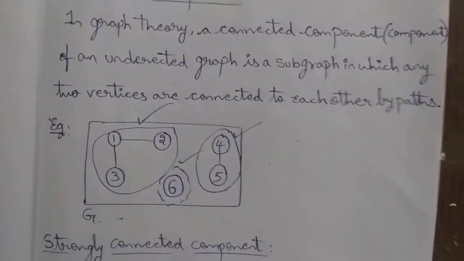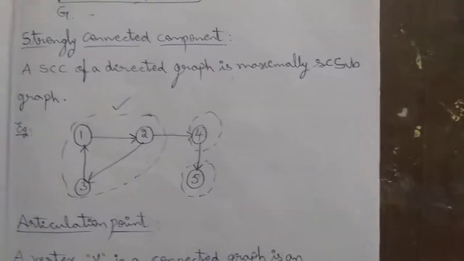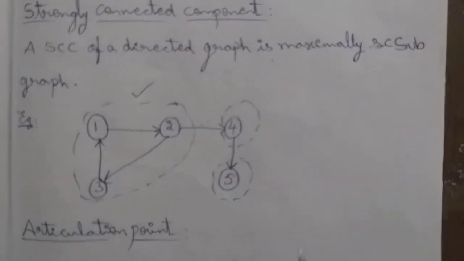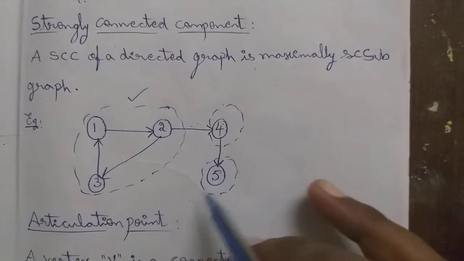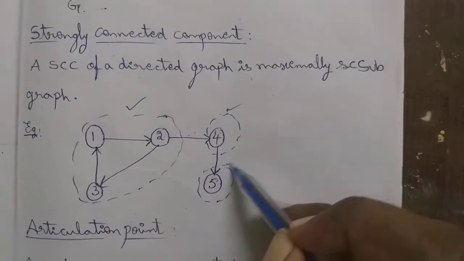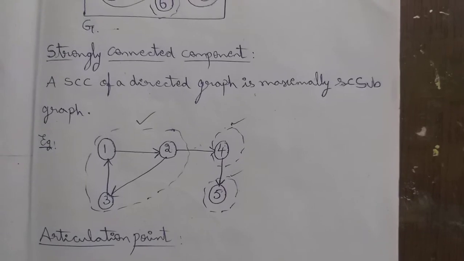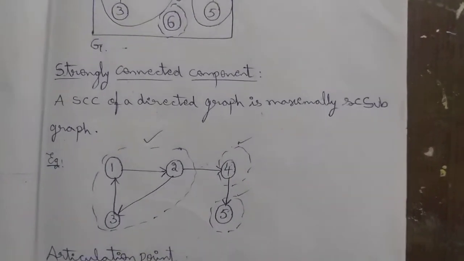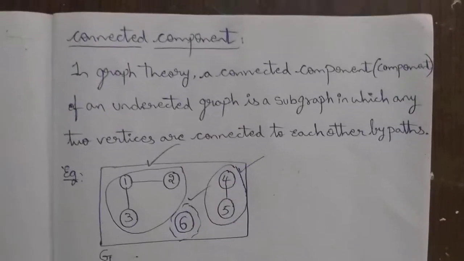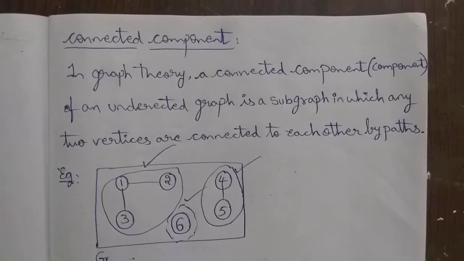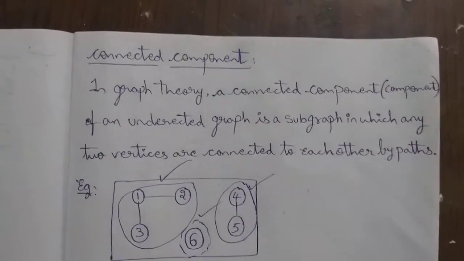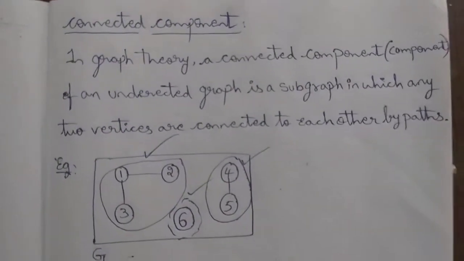Now this graph has 3 connected components. Similarly here also, in the strongly connected components, vertices 4 and 5 are strongly connected components. Therefore, in this graph we have 3 strongly connected components. Right? How do we find the connected components of a given graph? It can be done by using the breadth first search, breadth first traversals of graph.